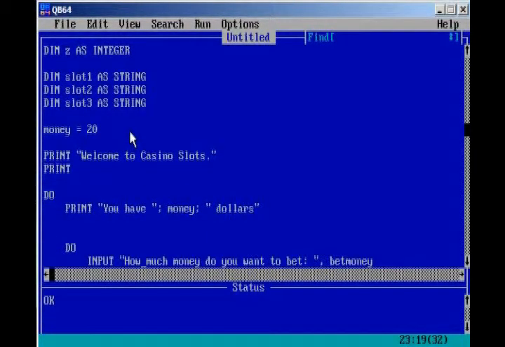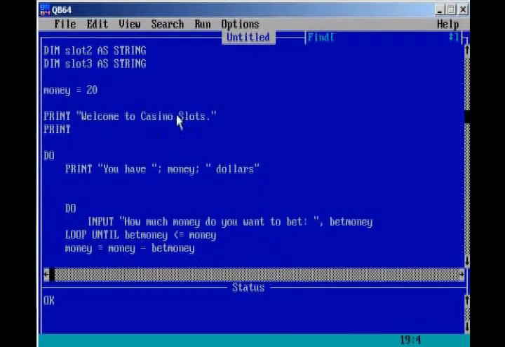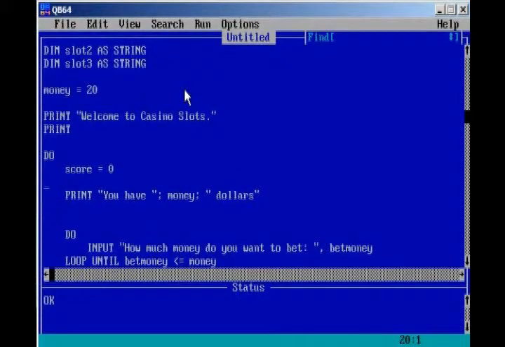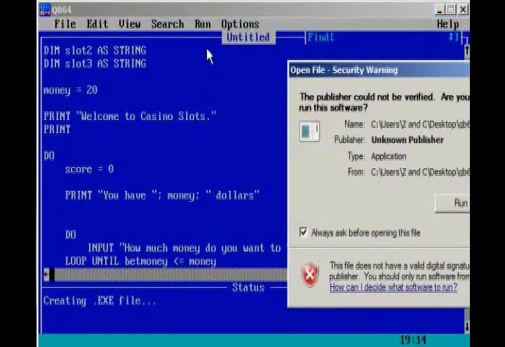And so one simple way to do this is, right before you do anything, we're going to set our score to equal 0. So score equals 0. And so, little lesson, whenever you're using a do loop and you have temporary variables that are going to hold a different experience each time you loop, you have to reset your variables. Okay? So if we go ahead and run our program now,